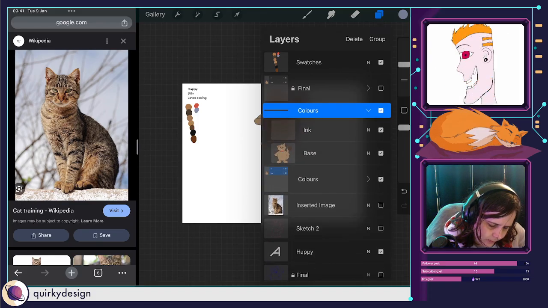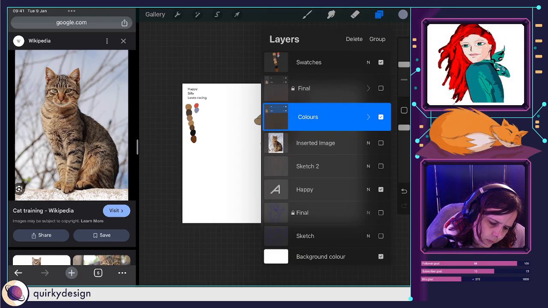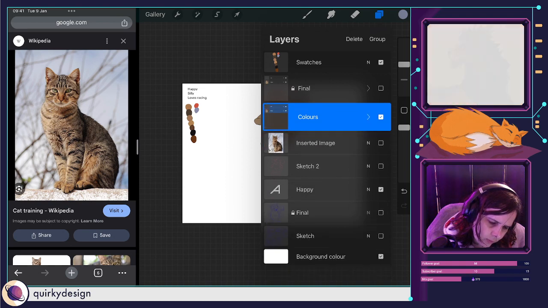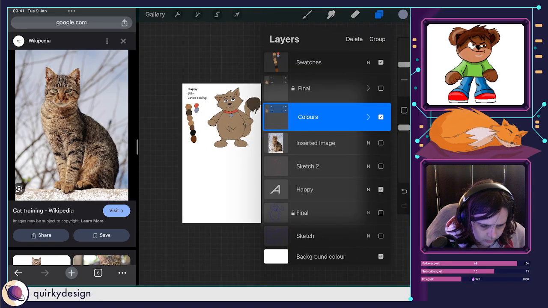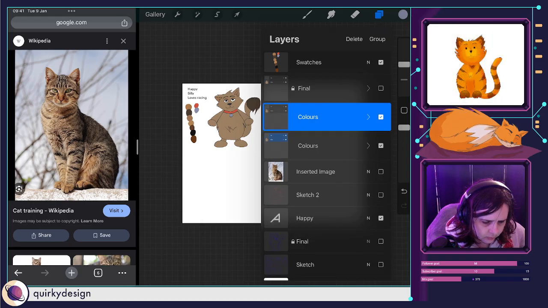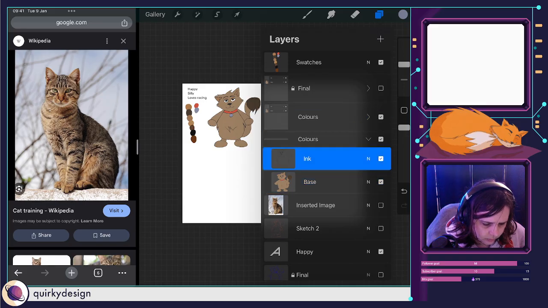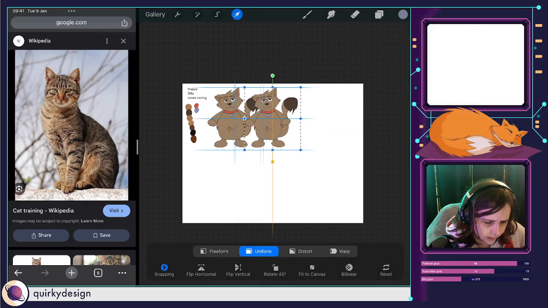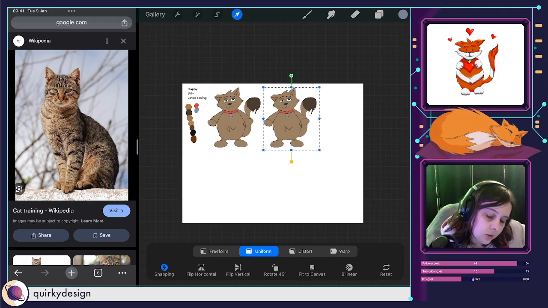That's strange. Ah, that's what was going on. I think because I was selecting it, it selected all of it, which didn't help.